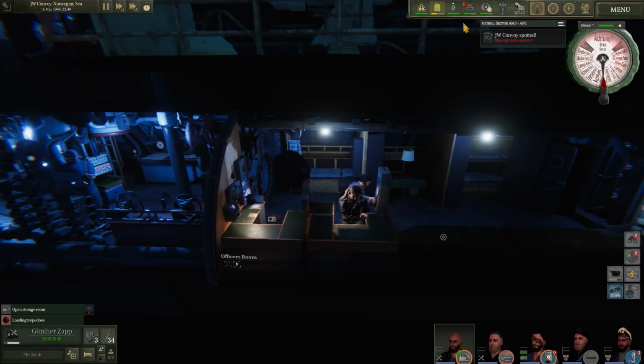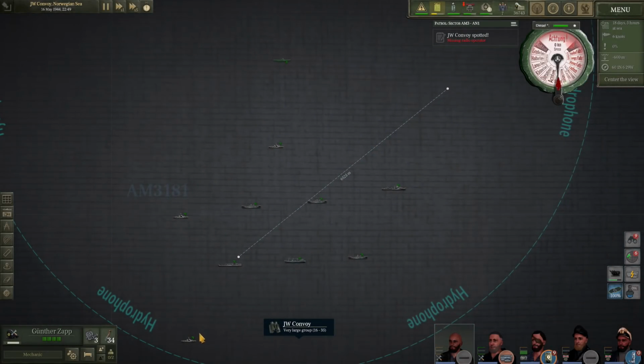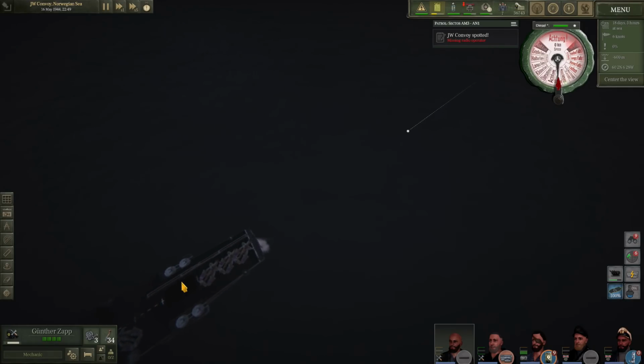We've got the snorkel up to give us fresh air. We've got it switched to electric engines so we don't actually make any smoke from the snorkel. We've got the observation and the attack periscopes down just to try and... there was another corvette coming in there. Right, so what we can do, I suppose, is...